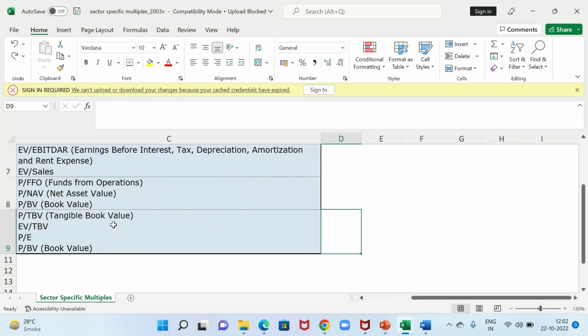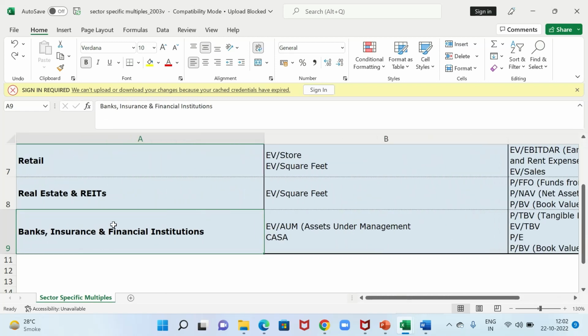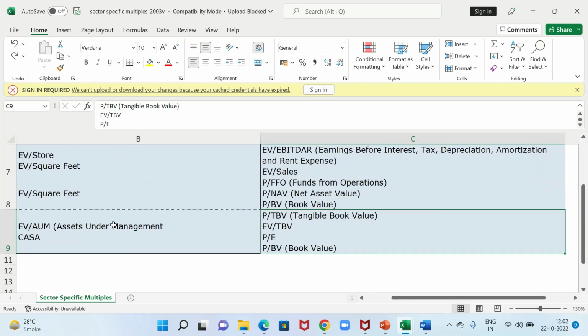Banks are always valued differently. See, their operation is borrowing heavy. If you go and calculate that, their book size would be so high. Yes, sir. So hence we use tangible book value. What is book value? Net worth of a company. Yes, sir, like assets and all.